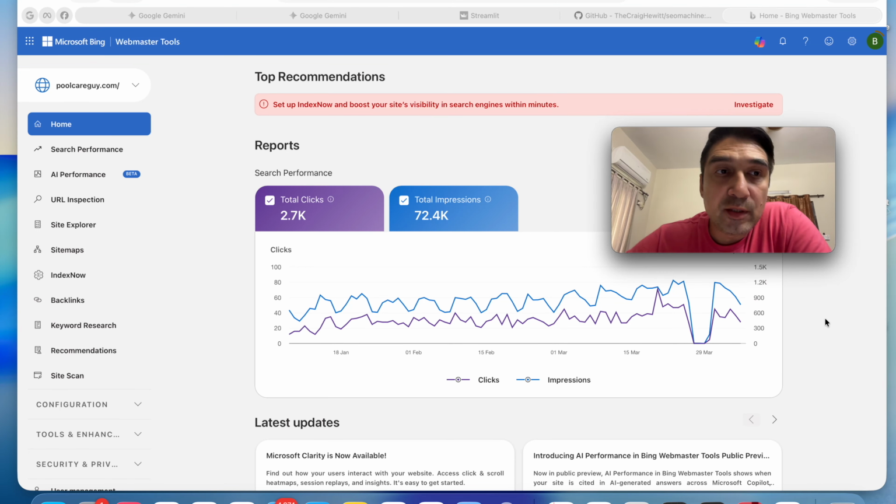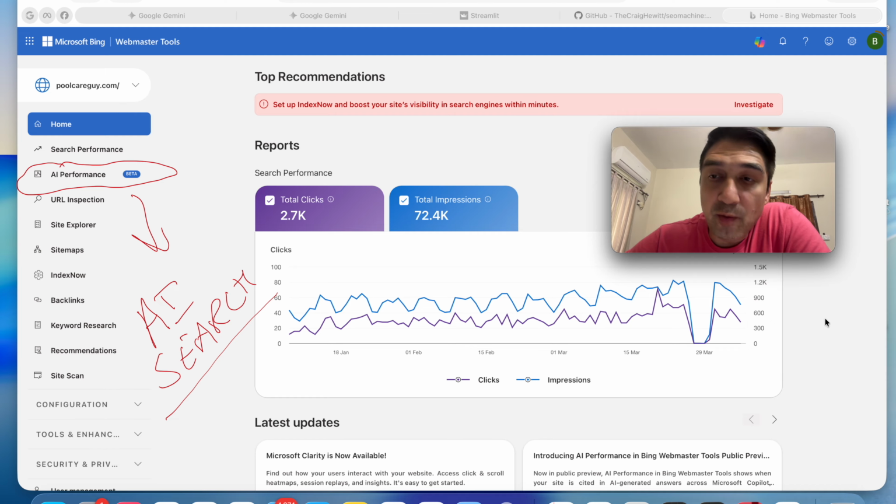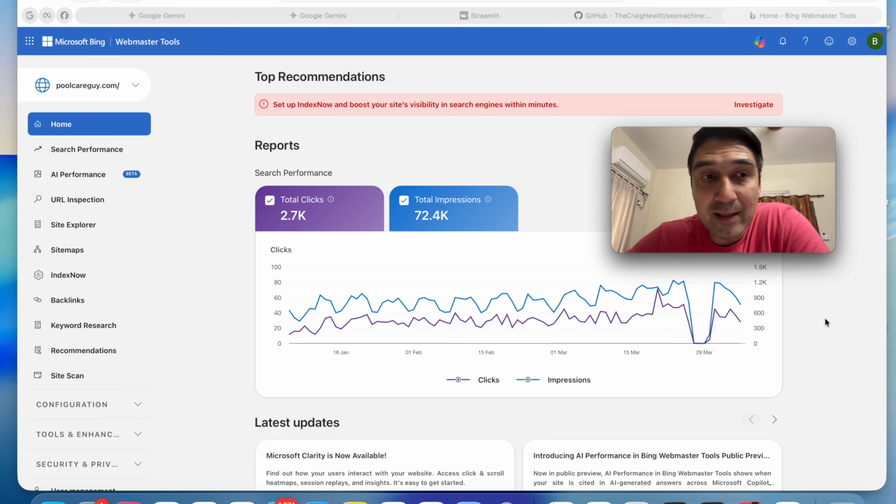So Microsoft recently announced that Bing Webmaster Tools was going to get the search performance feature. And today in this video, I'm going to show you why the search performance feature is something that you should be using, not only because it's absolutely free, because this is information that's coming directly from the search engine itself, some information that Google does not give you, and no other third-party tool will ever give you or be capable of giving you,